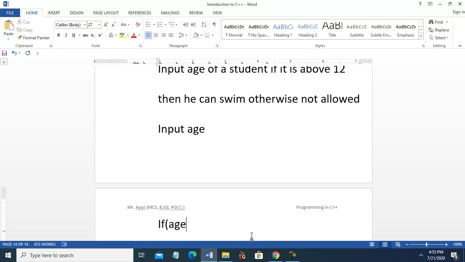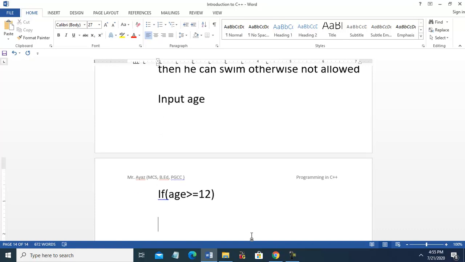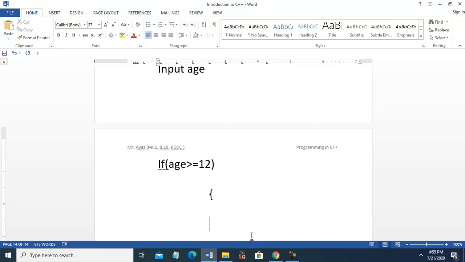If age greater than or equal to 12, okay, bracket start, then we can say yes, he is allowed to swim.